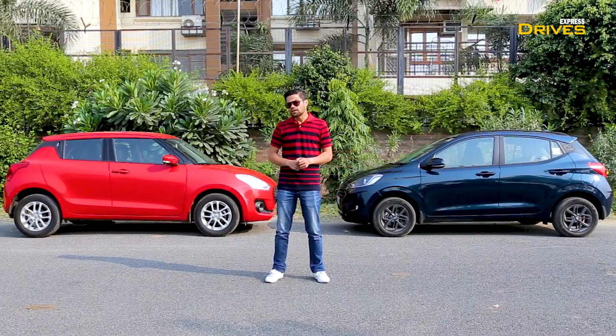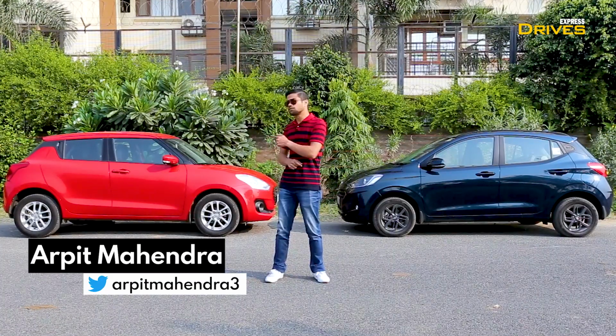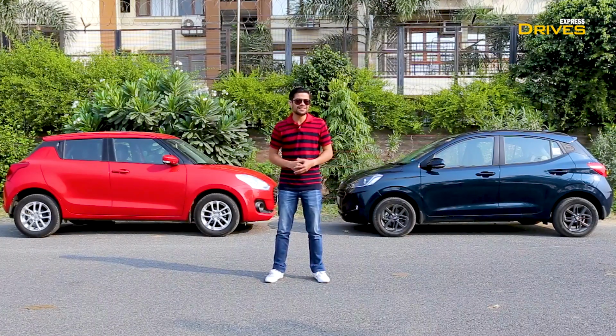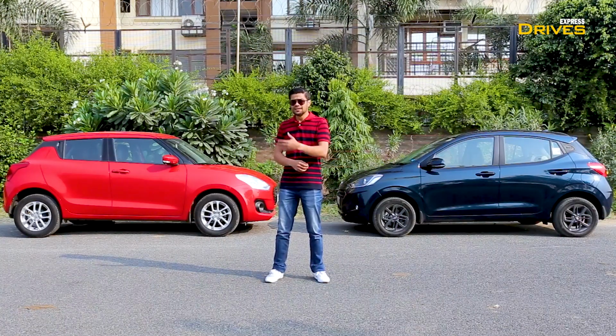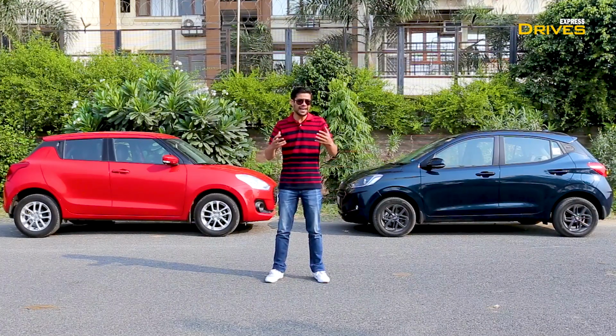If you're out in the market looking for a B-segment hatchback, there are good chances that the Maruti Suzuki Swift would be pretty much on top of your list. And well, the Swift has dominated its segment for a long time, and no car throughout its life cycle has come close to challenging its authority. In fact, it has dominated its segment in such a way that the Swift can pretty much tell every other